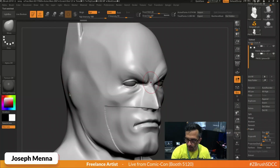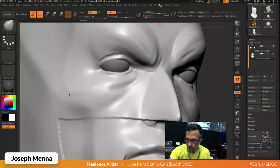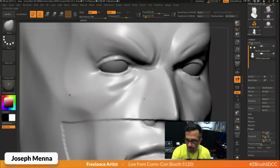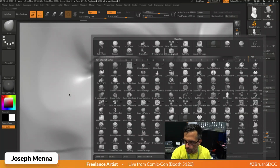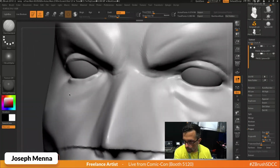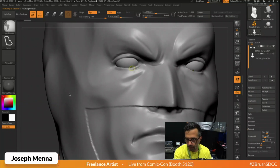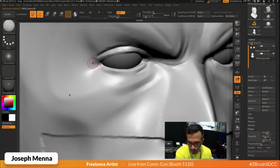So now, what's really cool, now that he's subdivided, turn symmetry back on, even though I think I pumped his eyes up in different directions. And this is where I go in with Damien's Dam Standard brush, lower the intensity, and start to clean this stuff up. And that eyeball's popping through, so I just get rid of it. Normally I wouldn't do symmetry on both sides of this, but again, for the sake of the demo,